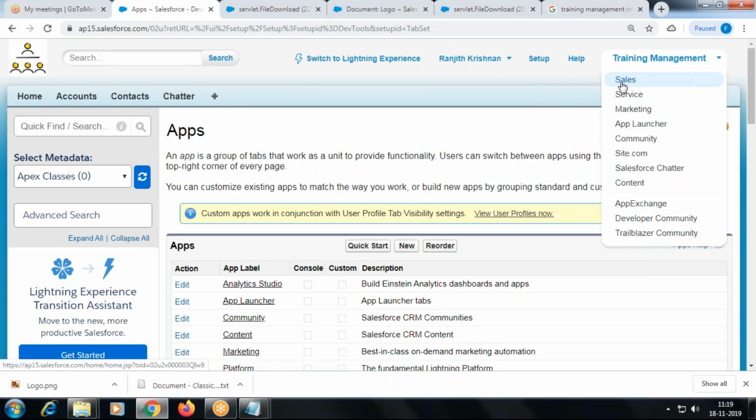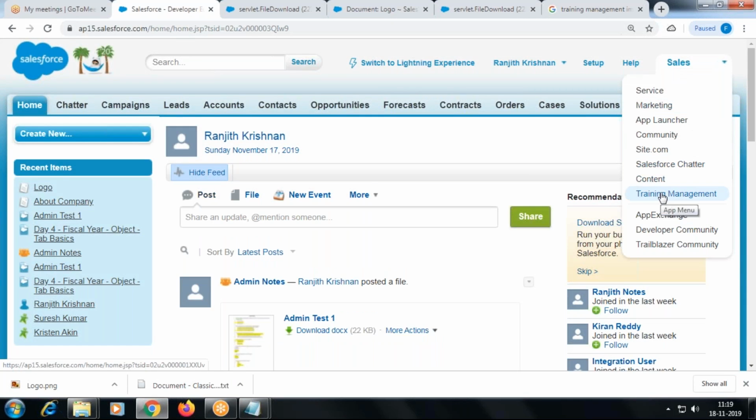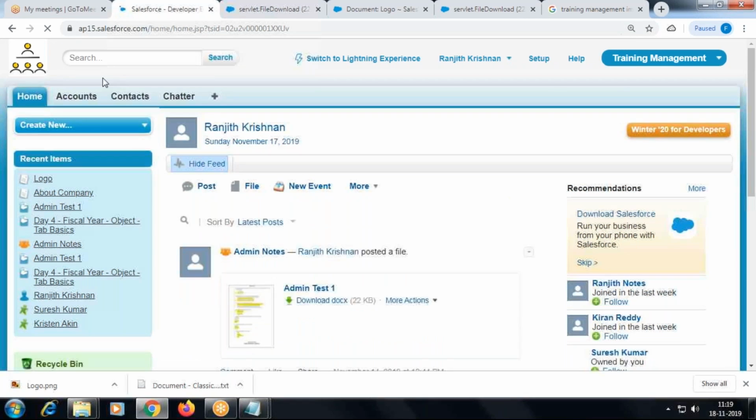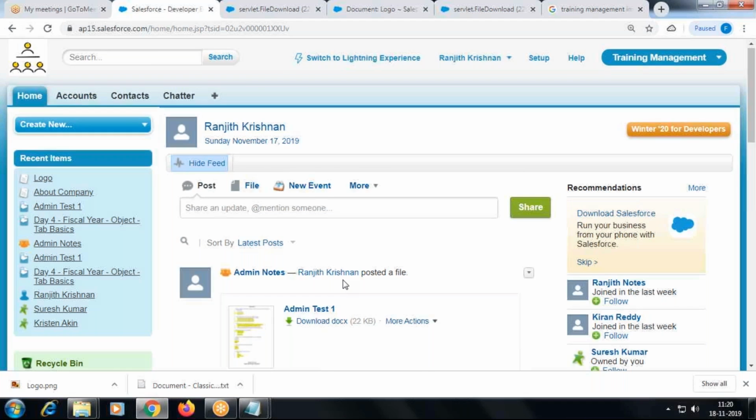Okay, so if you change it, the logo was the default standard logo, and now it is my logo, right? And remember, the logo of your standard application cannot be modified, cannot be changed. Got me? And a standard application cannot be deleted. You can only modify it. Any question on this?